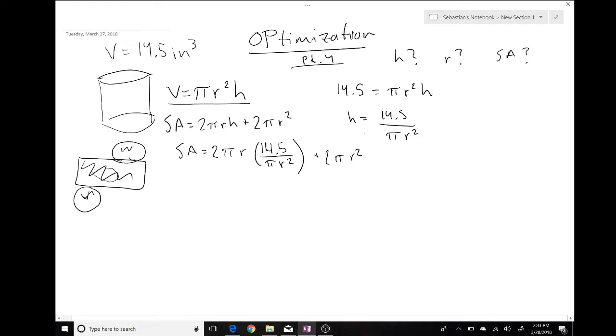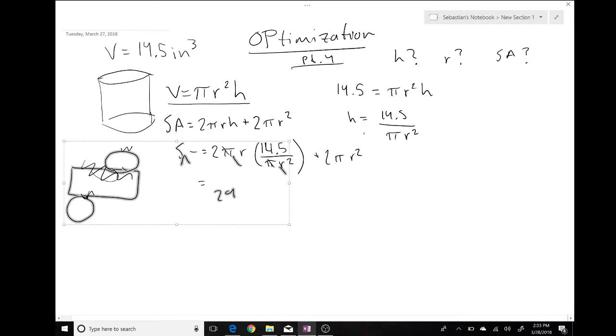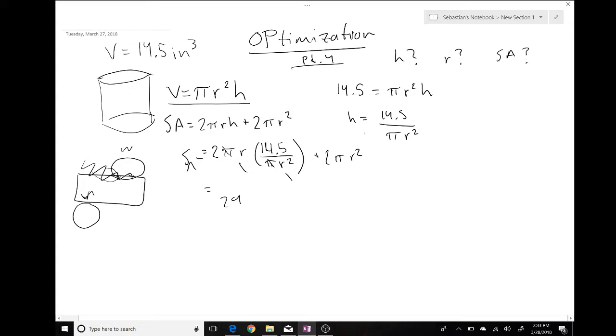Now we solve to get this a little bit smaller, and we know that the pi's will cancel out and the squared will cancel out, which leaves us with these two multiplying to 29. That leaves us with 29 over r plus 2 pi r squared. So now we fix that to have the r on top: 29 r to the negative 1 plus 2 pi r squared,